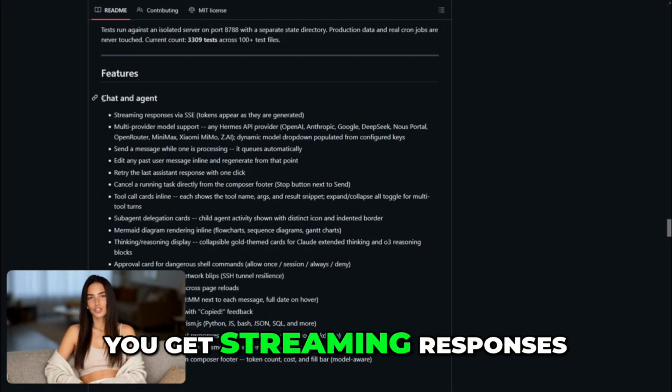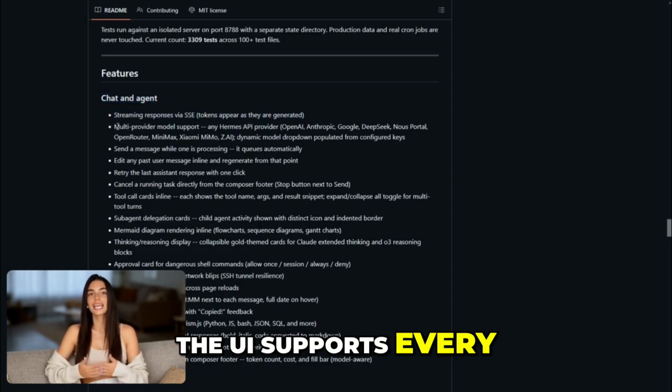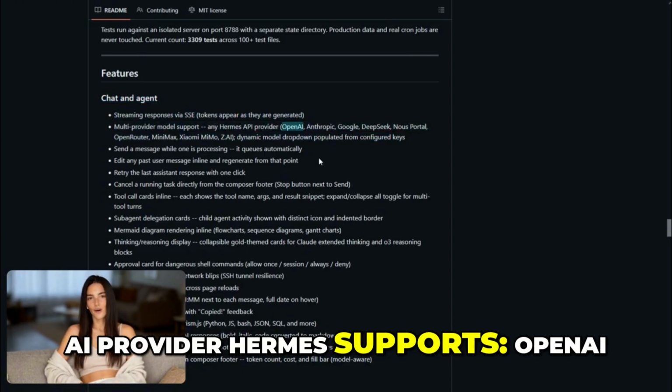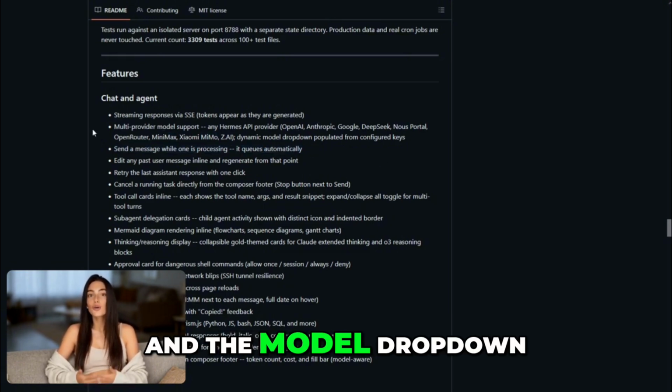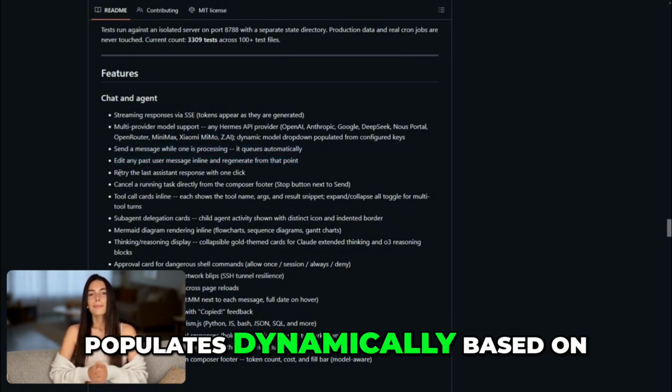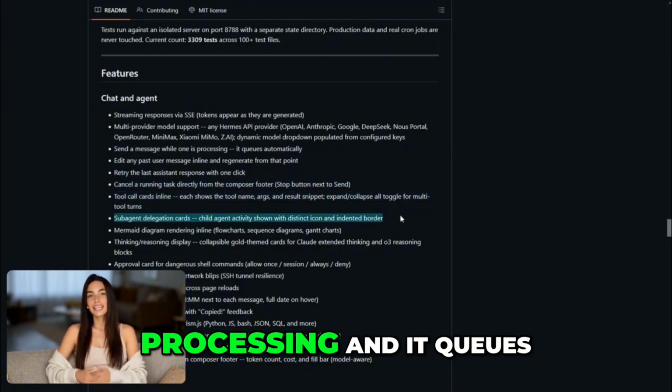On chat, you get streaming responses via server-sent events. The UI supports every AI provider Hermes supports: OpenAI, Anthropic, Google, DeepSeek, Nous Portal, OpenRouter, and the model dropdown populates dynamically based on the keys you've configured. You can send a message while one is processing and it queues,